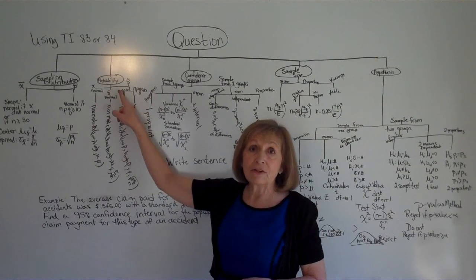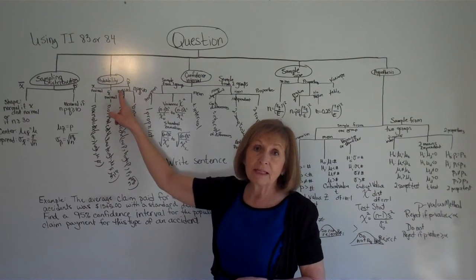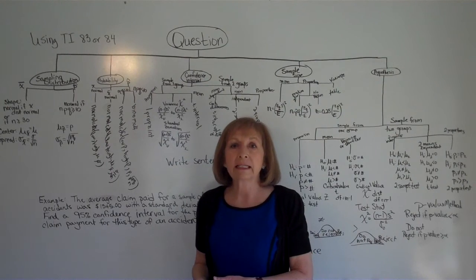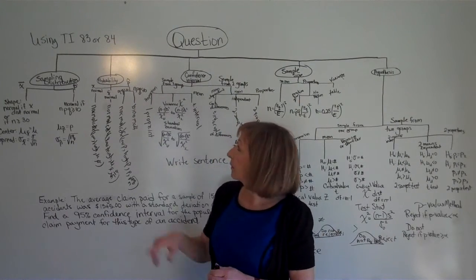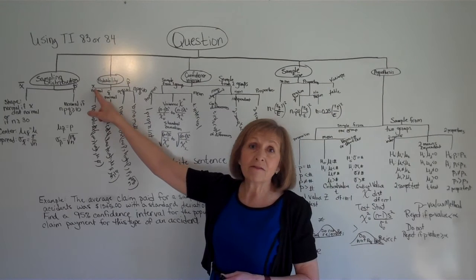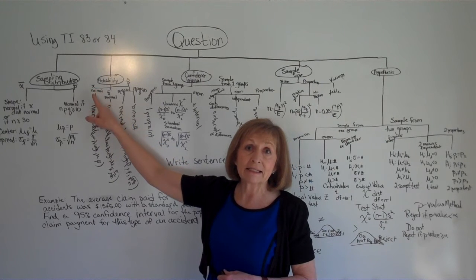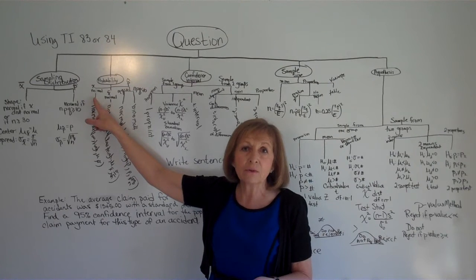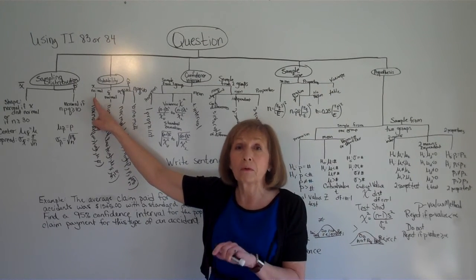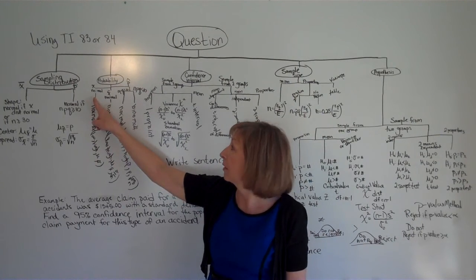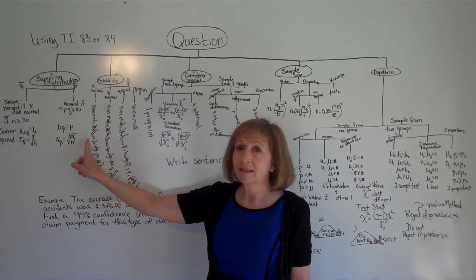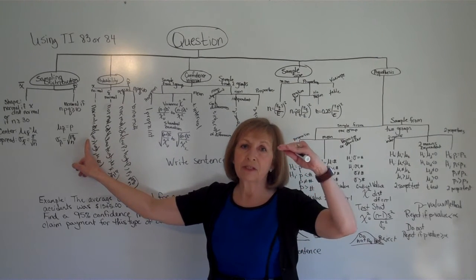Now let's say it's asking you to find a probability. If they're asking you to find a probability, and it's in the part where you're looking at a distribution, if you want the probability of an individual number from a normal distribution, so what's the probability that a value selected at random from a normal distribution is less than a number, between numbers, or greater than a number, then you're going to use the normal CDF key, which if you have a menu option, it'll ask you